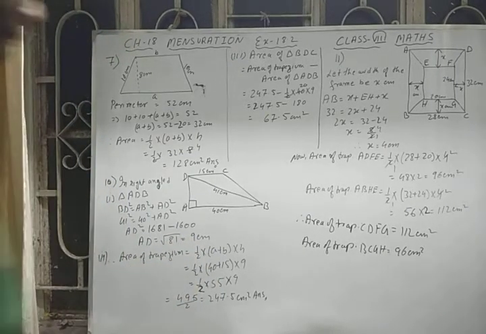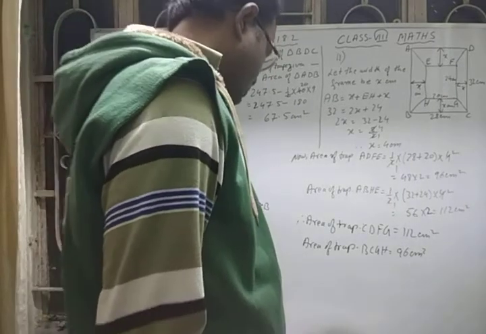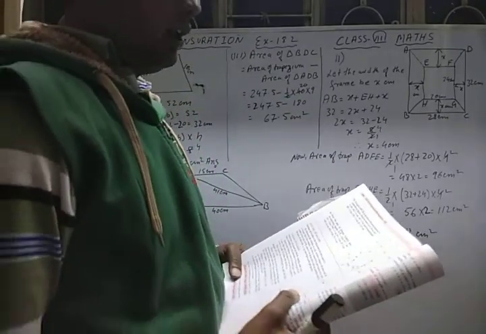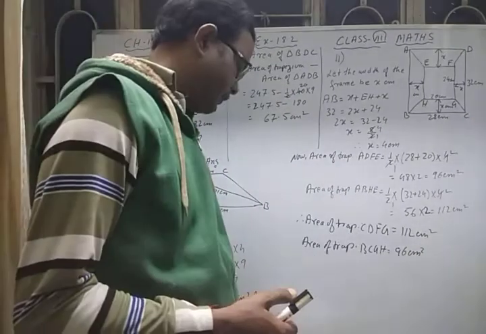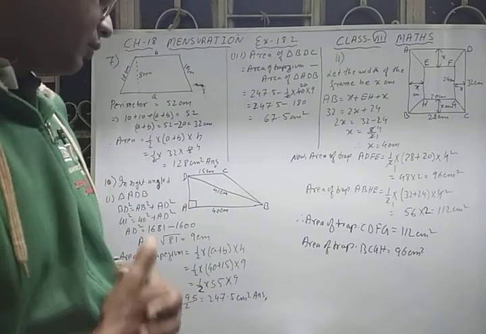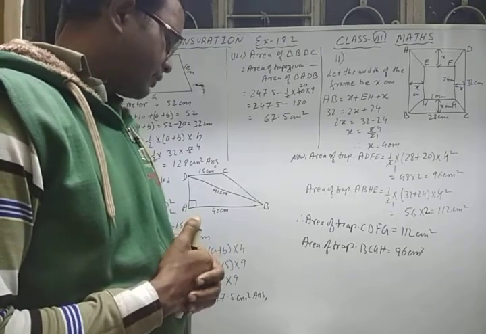Now students, I'm going to do one figure based question, that is we have to transform the figure into different shapes. In question number 15 you can see here, the polygon ABCD is divided into parts as shown in the figure. I will draw the figure and make you understand.